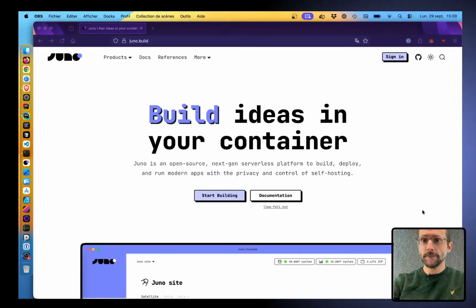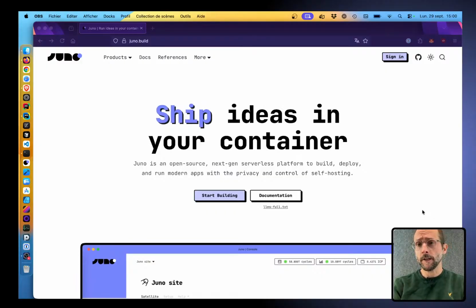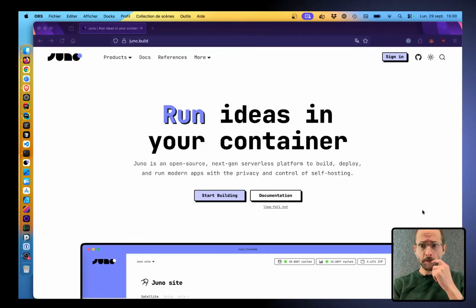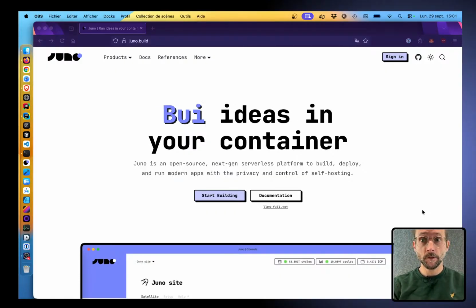Let's play a game. Last week I released two things. Actually, I released one thing yesterday, which was a new option in the emulator. We might see that later in the live. But the one thing that I released is Juno Run, which is a new way for you to run Node.js scripts with your CLI